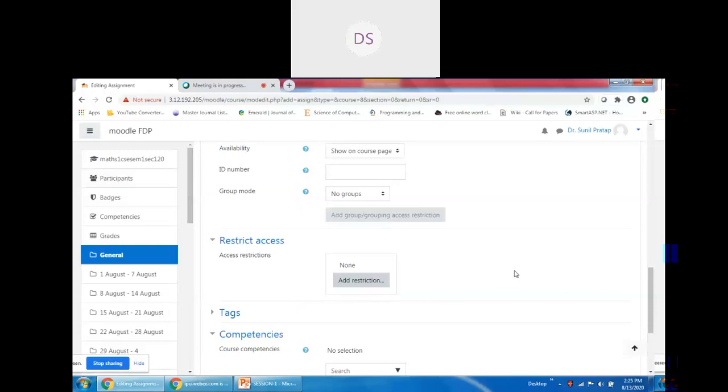Suppose this is for activity tracking, to see how many students have submitted or are working or not on the assigned task. So you may set this option to automatic. Whenever a student submits the solution of the assignment, the activity will be considered completed automatically. If this is automatic by default, you may set this option so the student needs to click on a checkbox that I have completed this activity. Students can manually mark the activity as completed when conditions are met.